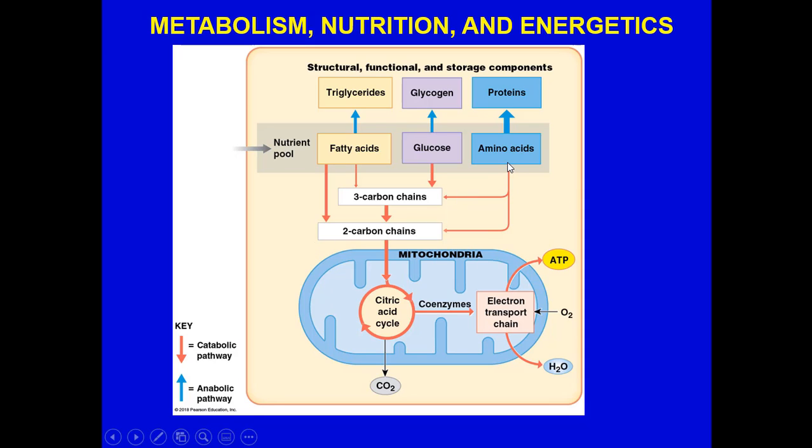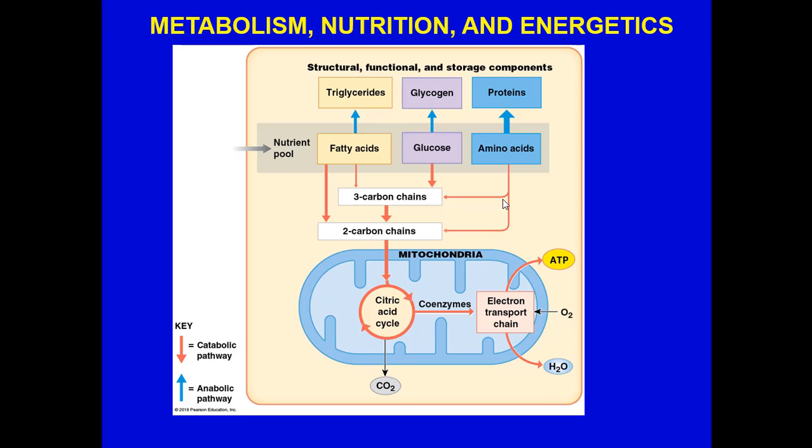The other thing to keep in mind, though, is we can go in reverse. A lot of people don't always understand this clearly. Amino acids can be broken down. They have to be deaminated first. We'll get into that in a little while. Depending on the structure of the individual amino acid, it will either be put into around part of glycolysis or into the Krebs cycle,